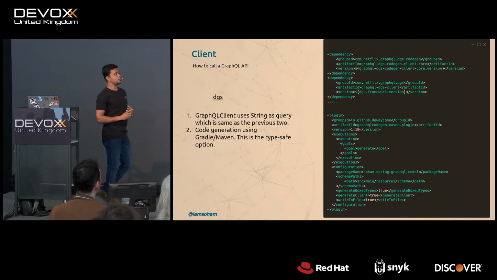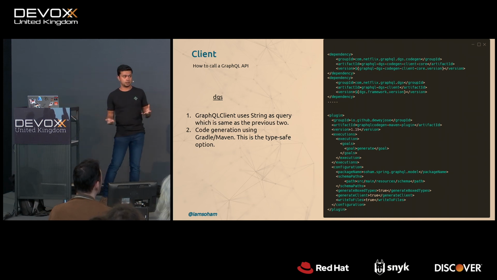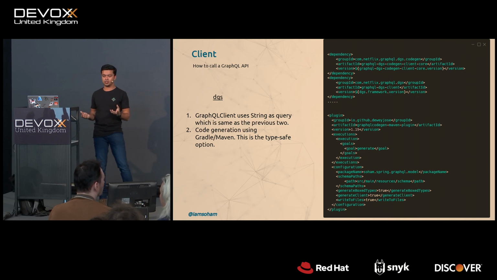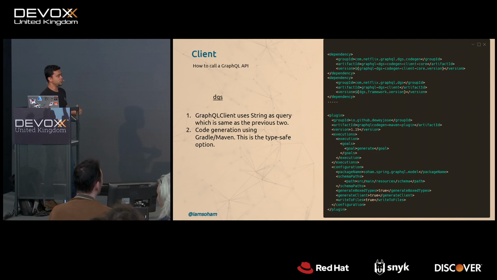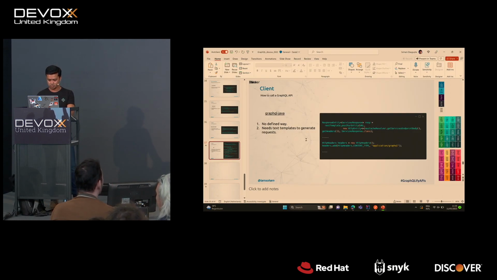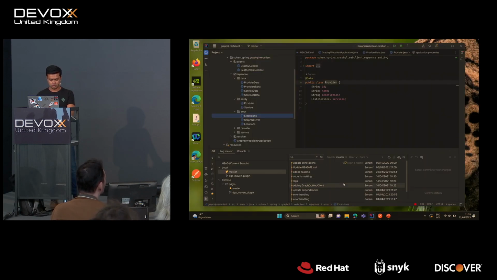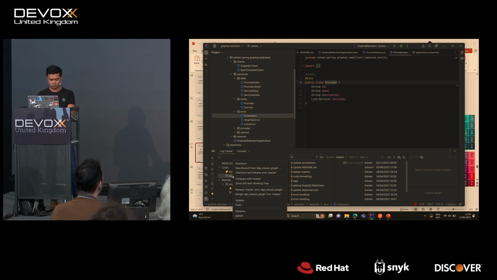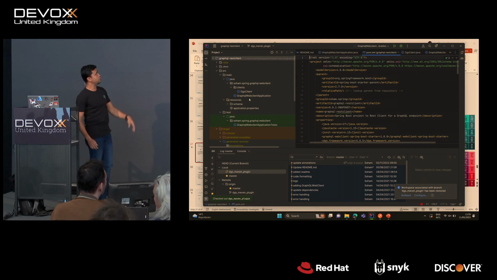DGS is the best in this class because they provide a Gradle plugin, and the community has also created a Maven plugin. You can generate all these objects by yourself. So your code base remains pretty much smaller, and then you can just use that to query it. So for example, if I check this out, you'll see my code base became very small.